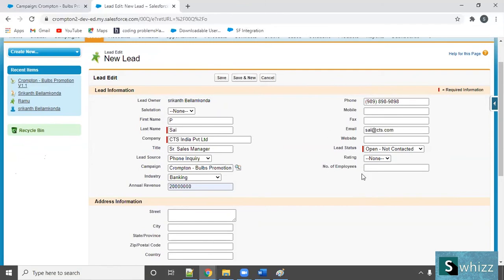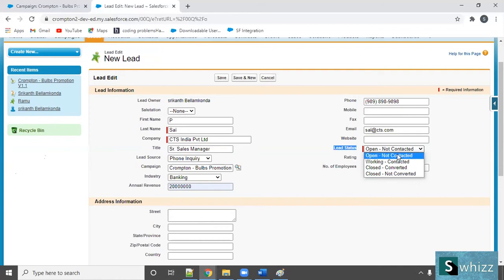Something I have taken. What is this? Lead status. For every lead, there will be a status. Again, when I'm talking about lead management, I'm going to take care of this lead. But today, for the time being, you just see. Open, not contacted. Working, contacted. Close it, converted. Close it, not converted. These two are very important. Close it, converted means successfully tracked. Close it, not converted means the lead has been dropped. He did not show any interest.